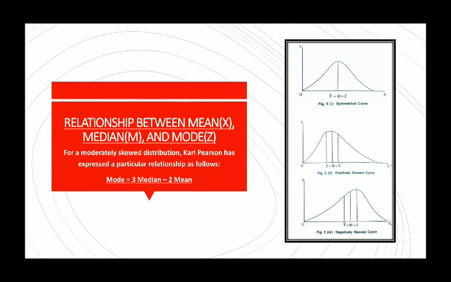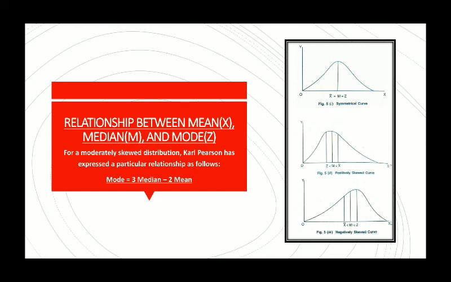But in actual life, most of the distributions are not symmetrical. They are skewed. According to the frequency curve, a distribution may be skewed either to the right, which is called positively skewed, figure 5.2, or it can be skewed toward the left, which is called negatively skewed. These are called asymmetrical distributions. The first one is symmetrical and the remaining two are asymmetrical.